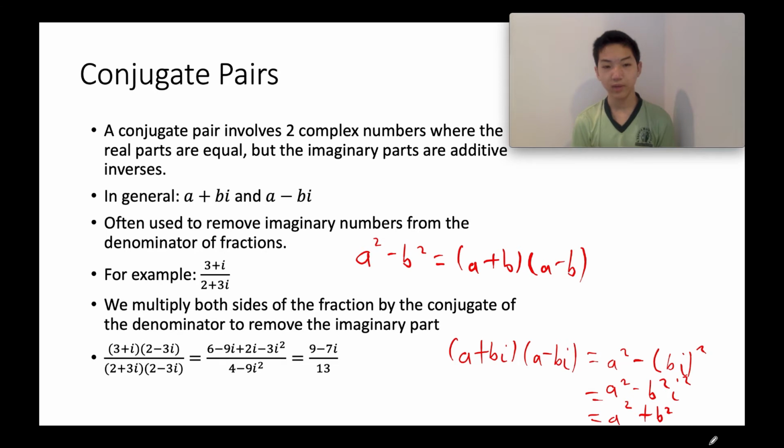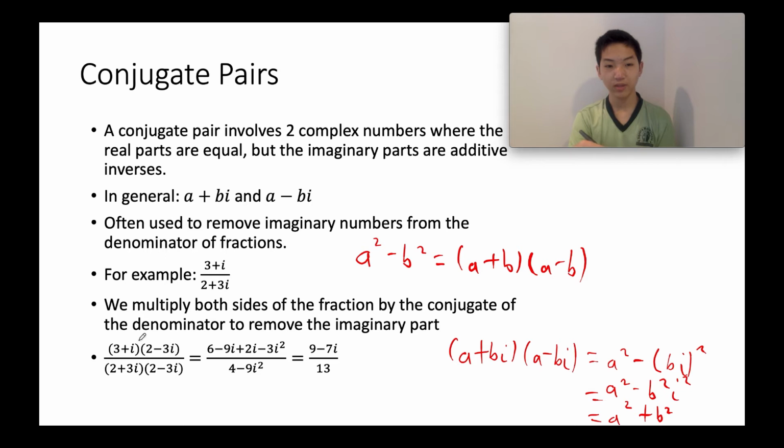3 plus i divided by 2 plus 3i. So we multiply both sides of the fraction by the conjugate of the denominator to remove the imaginary part. So remember, you want to use the conjugate of the denominator, not the numerator, because you want to make sure to remove the imaginary part from the denominator. It's fine if you have an imaginary number on the numerator, but you want to make sure that it's not there on the denominator. So we can see here, we multiply both sides of the equation by the conjugates, and